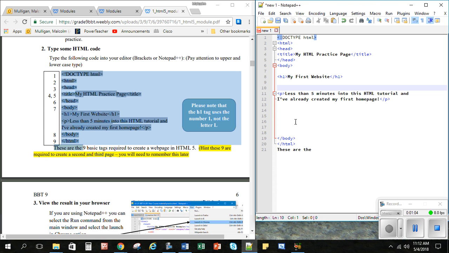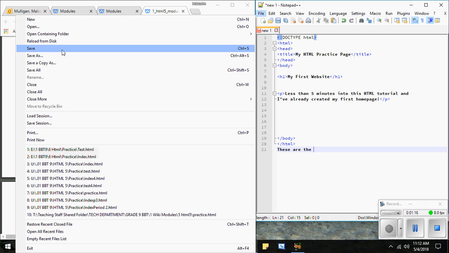So anyway, once you've got all of this typed and your 9 basic tags with a few other 2 extras, it's ready to work. So what you need to do is save it. So you go File, Save As,